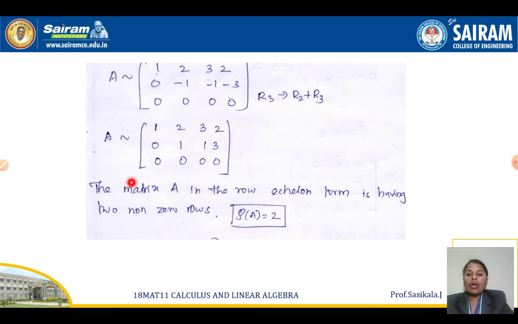So now the matrix capital A is in row echelon form and it's having two non-zero rows, isn't it? Two non-zero rows I have. So the rank of the matrix must be equal to 2. Clear? Because of the number of non-zero rows. If all the elements are 0, we will call it a 0 row. If at least one entry is there in that particular row, we will call it a non-zero row. So what we have got now, the rank of the matrix is 2.